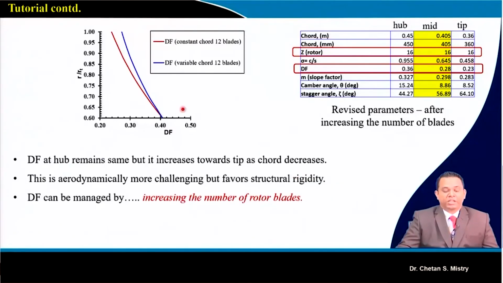Here, this red color one represents when I have a constant chord. This represents how my diffusion factor varies from hub to tip when I have a constant chord. Now when we have modified our chord, under that condition if we look near the